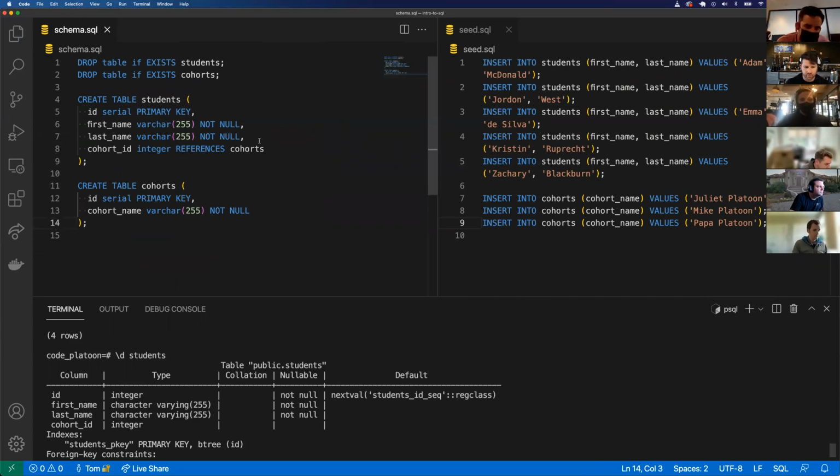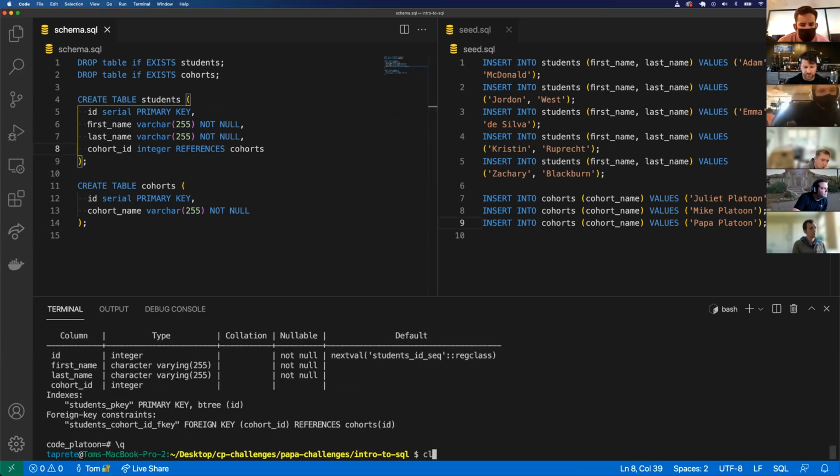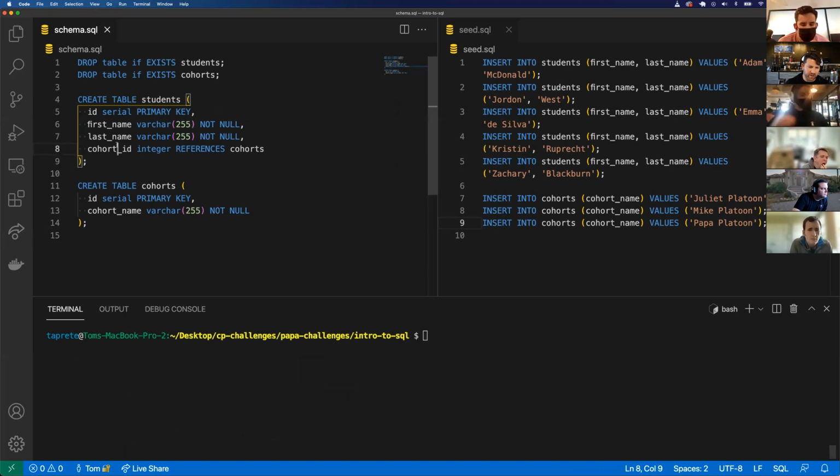Just curious, can you make that non-null? Yeah, I could do integer references not null. Now, with that question, if you had altered the table, can you alter a table and make that non-null? And then what happens? It would throw an error and I'd have to set a default value. Got it. Yep. So if I design my student table right the first time, I can